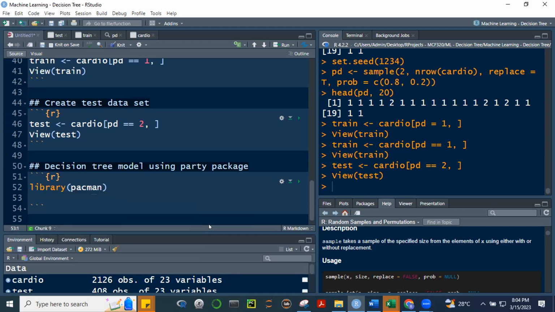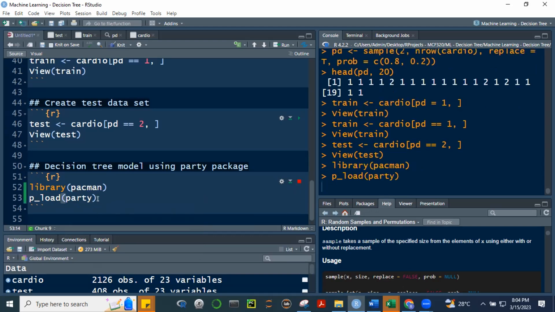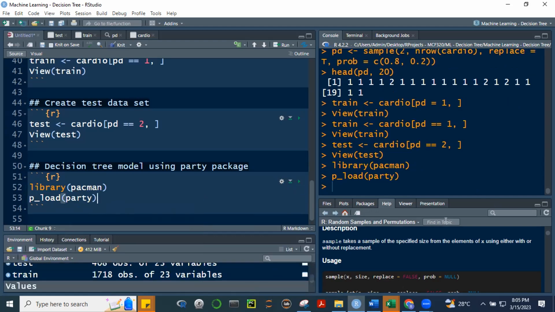This is especially for you, kasi I'm sure hindi nyo pa na-load yung party. Or you can install the package and then library party, or you can do it this way, para sabay-sabay na yung pag-install at saka pag-load. Okay? So, okay na, no?